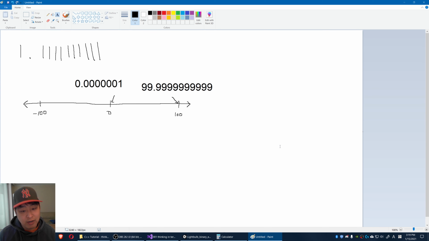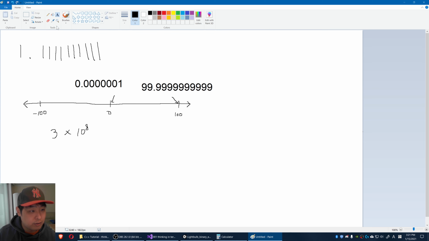Now, remember that I said ones and zeros are limited on your computer. You can't possibly have every real number on your app because at some point you're going to run out of ones and zeros. So for floats, we use the same concept that is used in scientific notation. For example, when you express the speed of light in scientific notation, we say it's 3 multiplied by 10 to the power of 8.